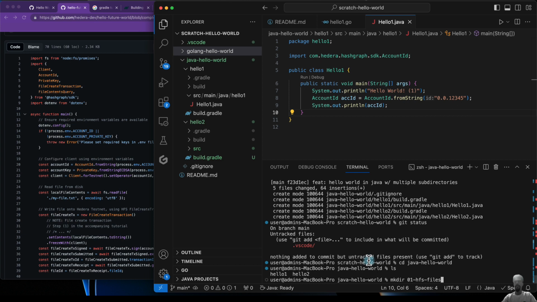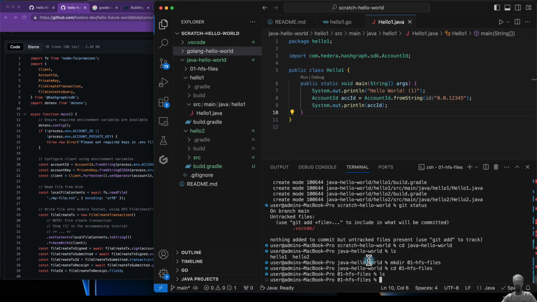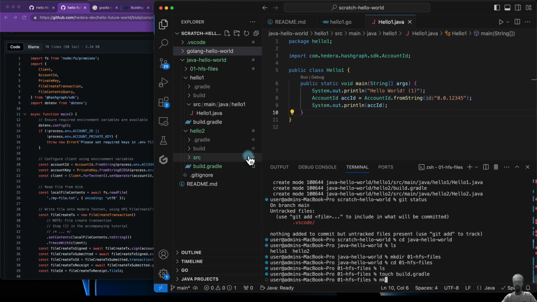And then so that's an empty directory. And what I'm going to do is touch build.gradle and also -t. And what I want to do in there is